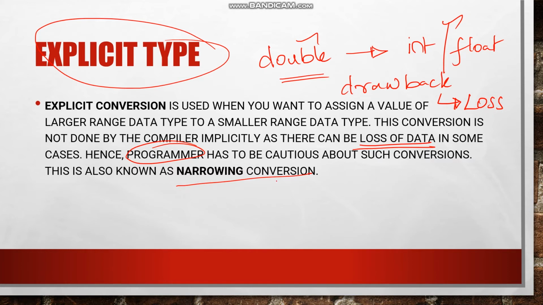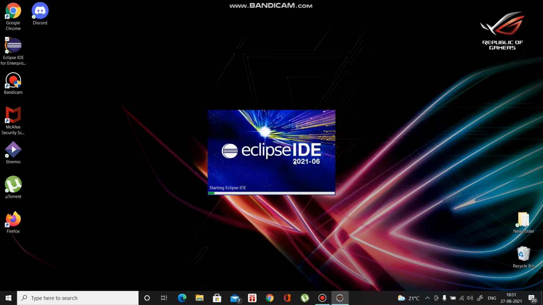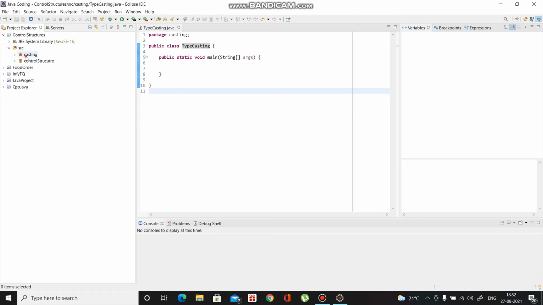Now let me open Eclipse and give you some examples so you will get a better understanding. Now I am opening Eclipse IDE, click on launch. Here I have already created a class for typecasting. If you want to know how I created it, I went into control structures, clicked on SRC and created a package for casting.